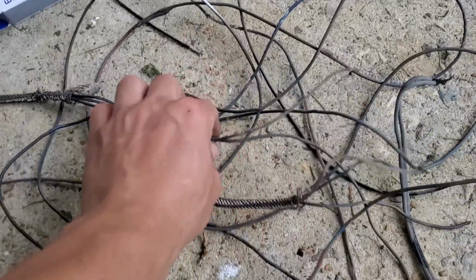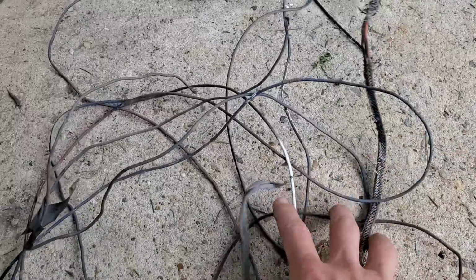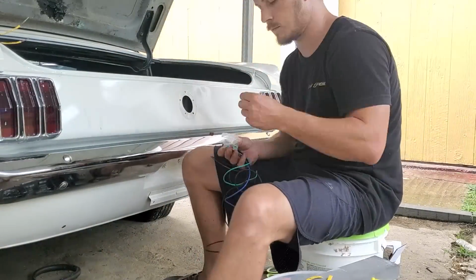Alright, so with that out of the way, it was time to finish the rest of everything. The taillights never worked when I bought this car, naturally, because why would they? And it was because of the wiring. The wiring was just all shot. It was very messy, and I felt like it was a good time for me to test out my new